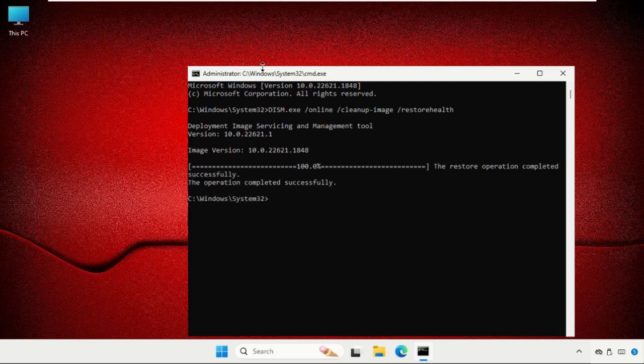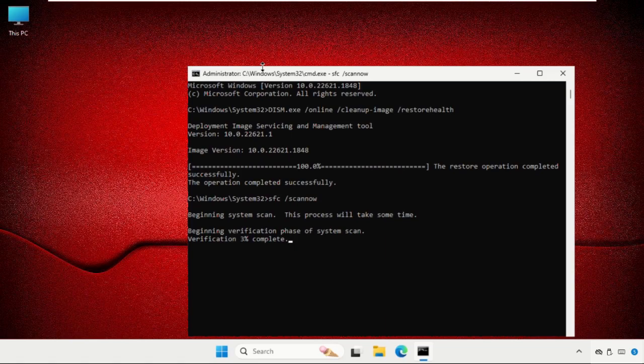And once done, simply type in sfc /scannow, and we need to hit enter to execute this command. Again, this process will also take around 10 to 15 minutes. We need to wait for it and then we will move to the next last command,